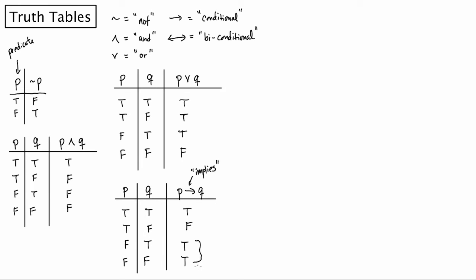If you read through the text, and we've kind of talked about this a little bit in class, these are what are called vacuously true. So if you ever hear anybody talk about vacuously true, they're talking about the conditional in the case where the first predicate or the first part of the statement happens to be false. All right, in terms of the biconditional,